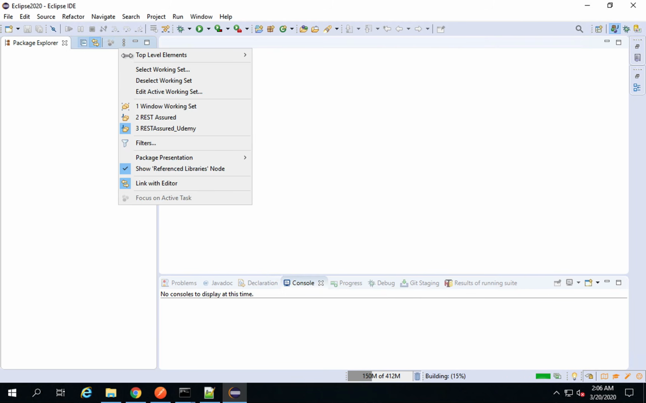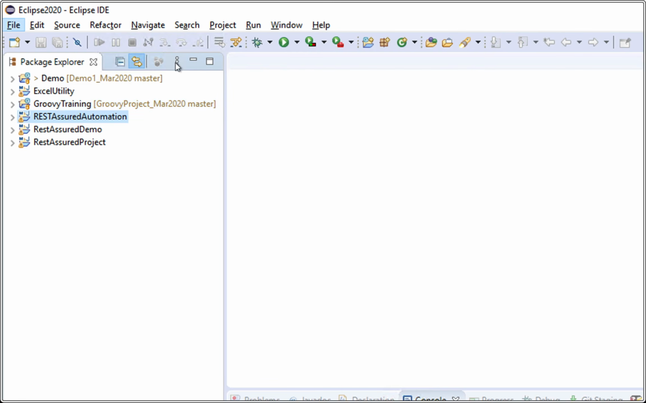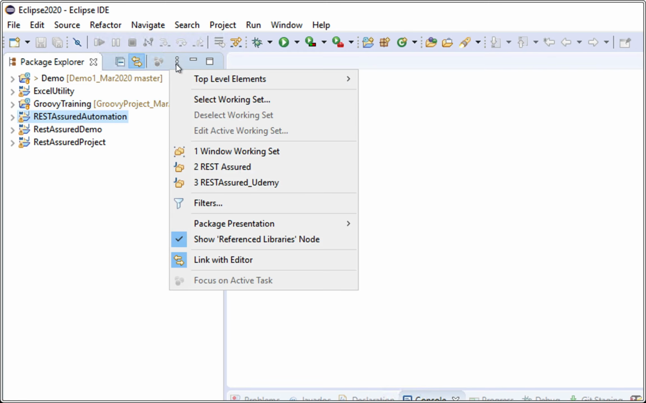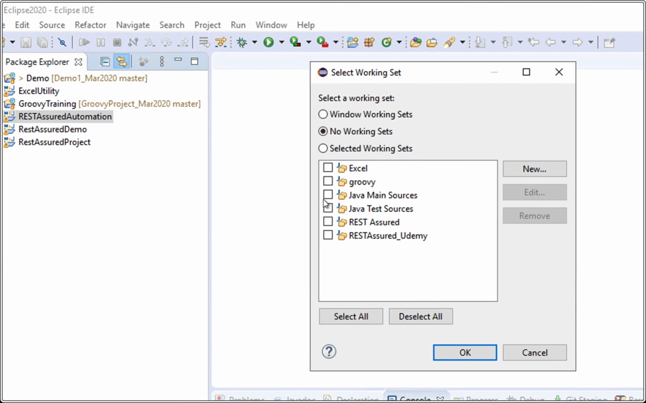Now in my case, I am having a working set, so you can see rest assured automation project is here, and I'm also seeing all the earlier projects that I created in my system. So just in case you only want to see the project that you are currently working on, and you do not want to get distracted with other projects available, you can create a working set. So if you click on these three dots here and say select working set,